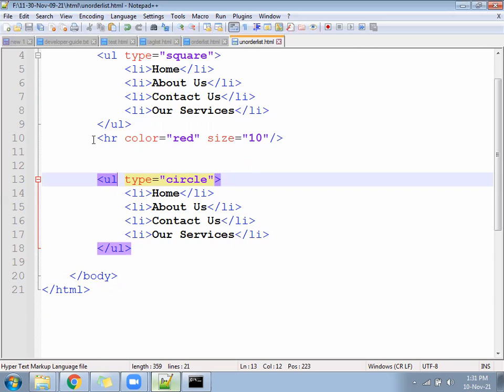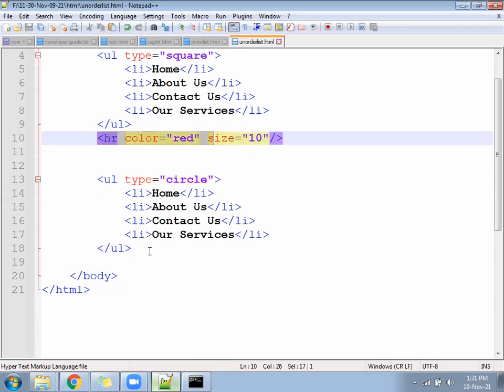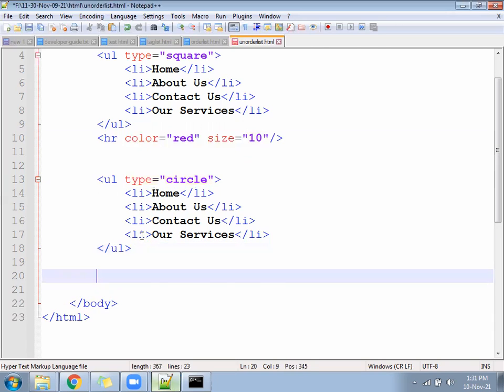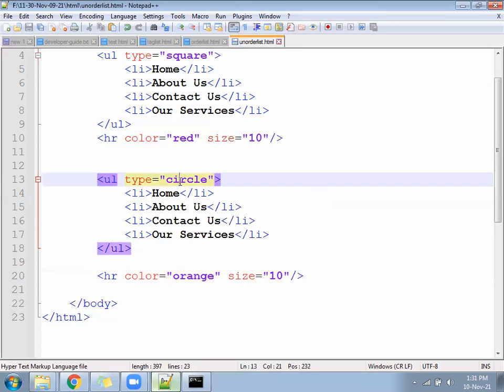Now right after that, one more HR, something like this. Give some different color. This will come in circle; the type format will be a circle.